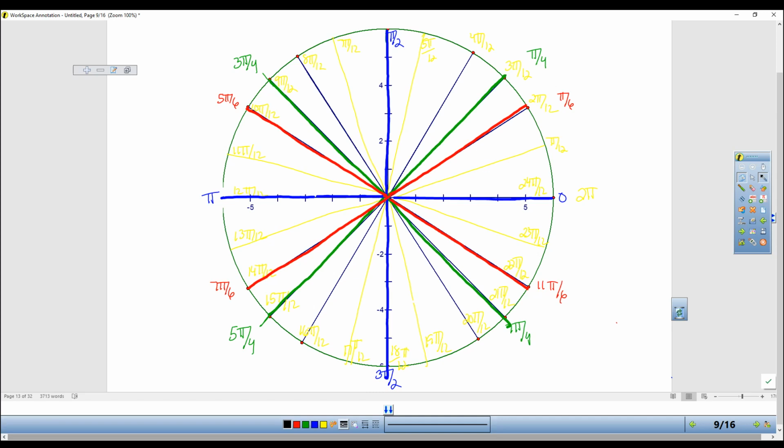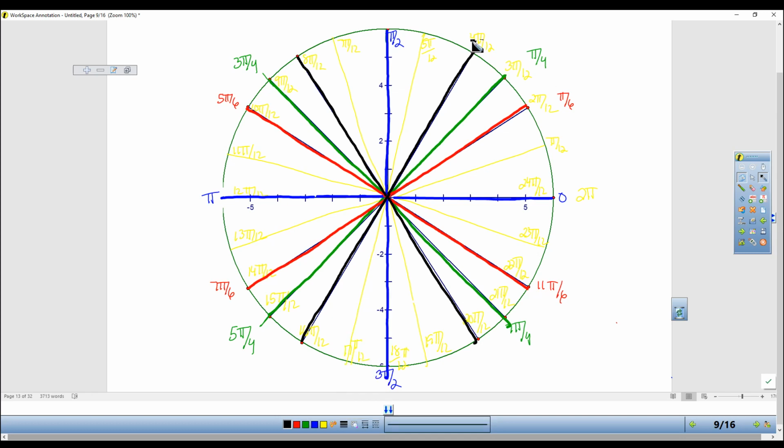Okay, one more to go. The black ones. So I'm going to make black lines here. And notice how far that is from the x-axis. So another one that would correlate would be that. See how it's going to be symmetrical? So this is going to be a black one. And then this is going to be a black one. These black ones should all be the same. And they're going to be all of your